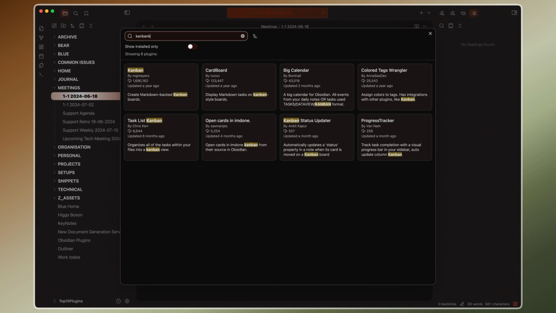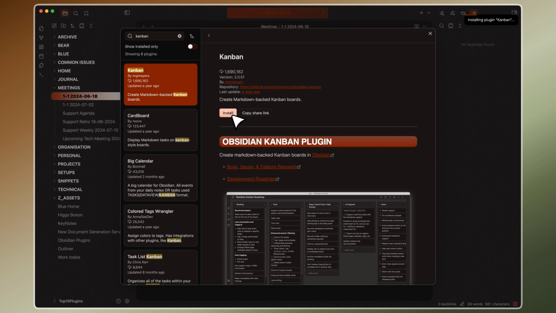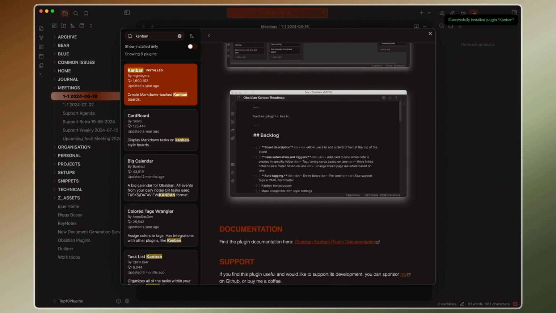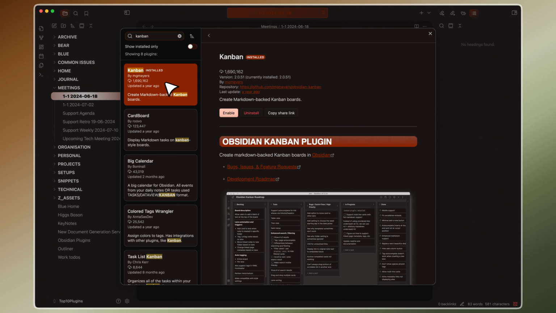Alright, why Kanban? As you know, task management is possible in Obsidian, but it's not very sophisticated. It is because of the nature of the application. It's a note-taking application, not a task management one. But Kanban is completely possible because it gives you a flat board and columns, and you can drag and drop